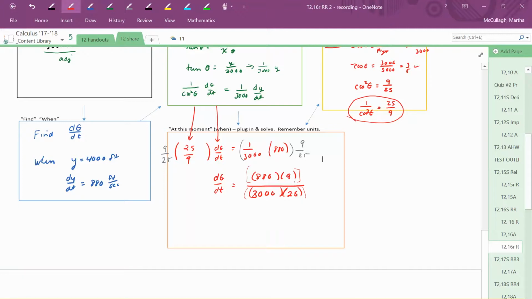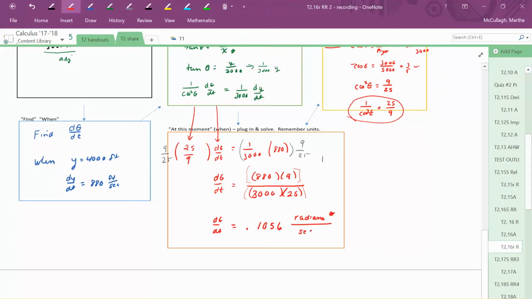So we now have d theta dt equals 0.1056, and the units measure of theta is radians